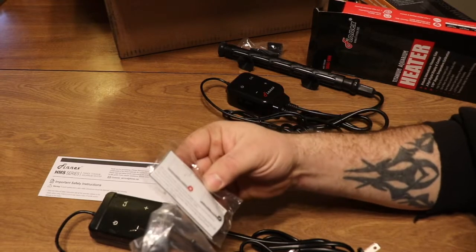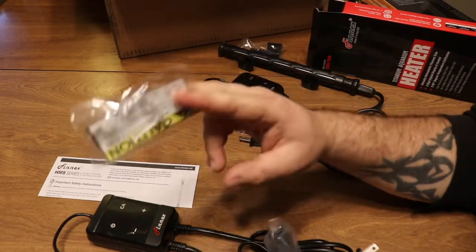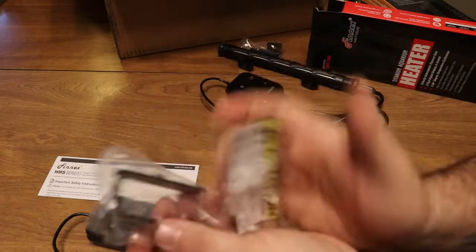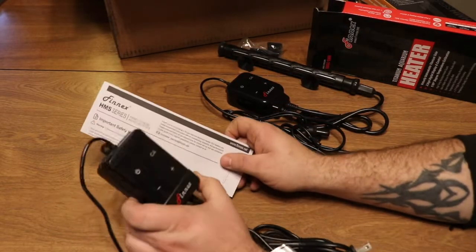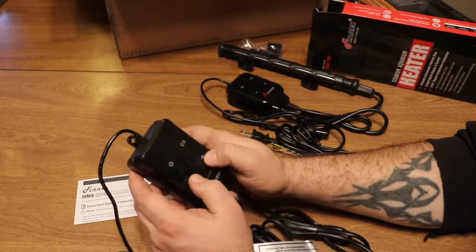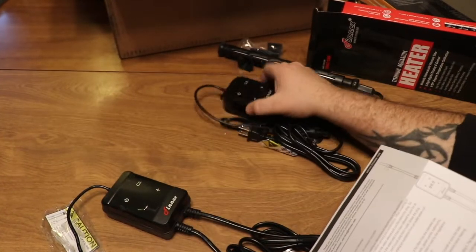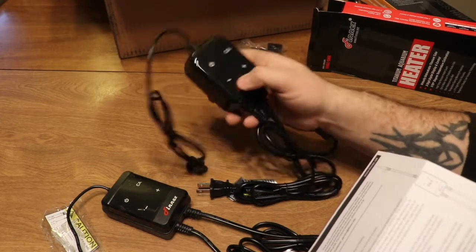So it came with two. So this is a hanger for your temperature probe. Then you got a hanger for your controller. So we got two different hangers with this one. A little bit different style of a controller, but you have the ability to, I'm going to assume that's pressure sensitive, turn it on, turn it off. I just noticed that CA on both of the controllers, which I'm wondering if that is for